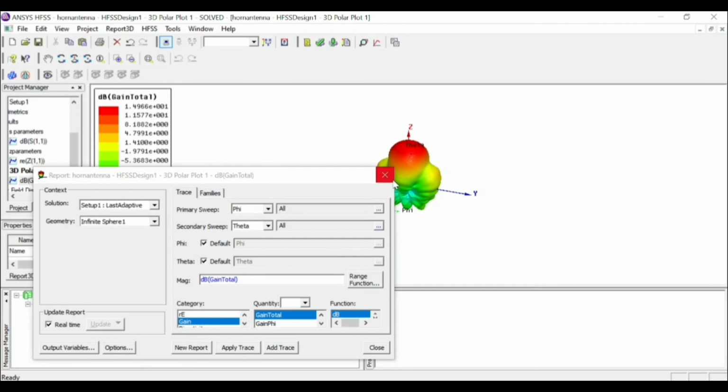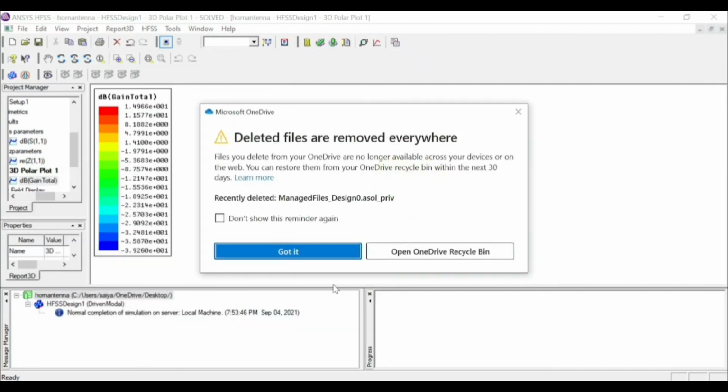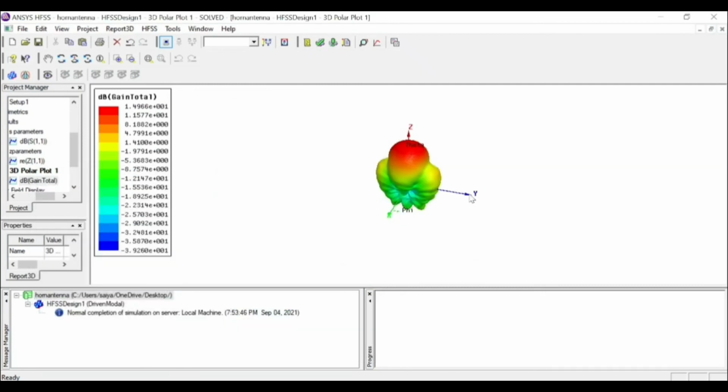Friends, now you can see that after it has plotted, you get something like this. This is the gain plot for your horn antenna, which is the good antenna. Now you may say, okay Yashwardhan, you have plotted this and shown me the 3D polar plot. That's good. But now if I want to see the same 3D polar plot on a figure,